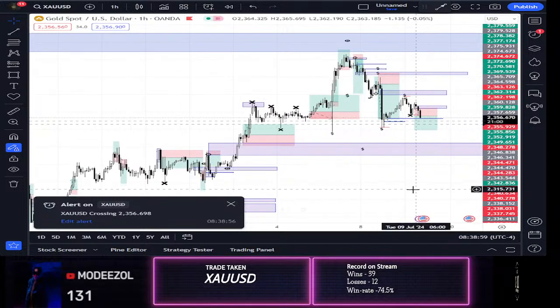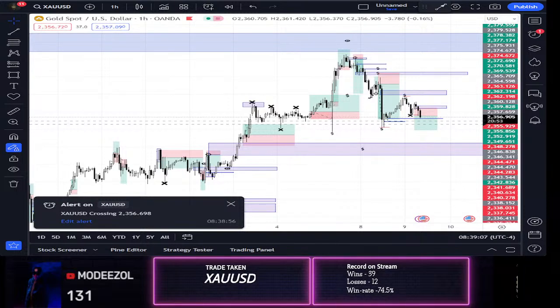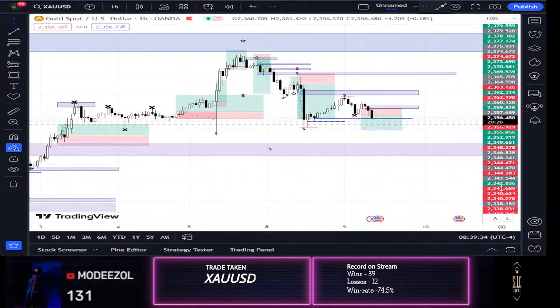All right. So TP1 is now hit. So I will update the group on that. There we go. All right, so that one hit. Come on, give me what I'm looking for. Okay. So now that TP1 has hit,